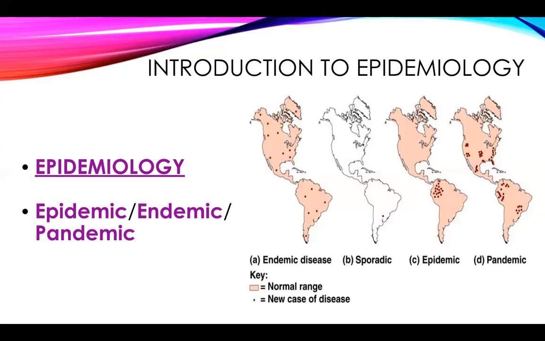So what we saw with COVID, originally, even when we became aware of what was happening in China, there were concerns, right? COVID-19 wasn't endemic. It became very clear that it was an epidemic in China. But then as it popped up in other countries, it became a worldwide pandemic.